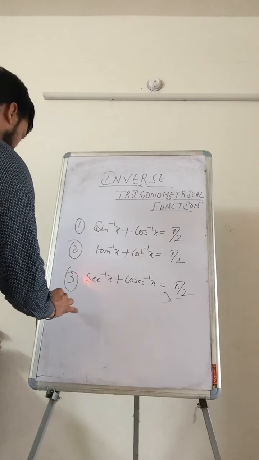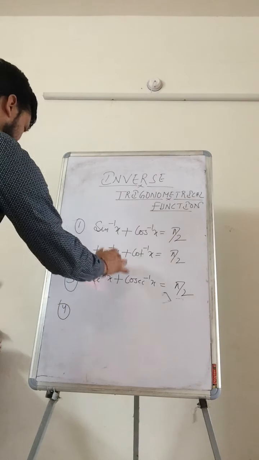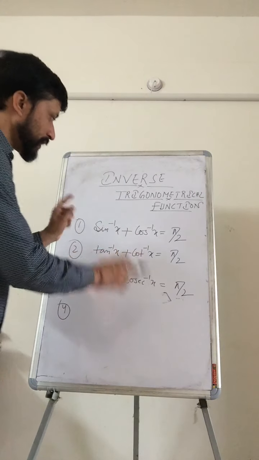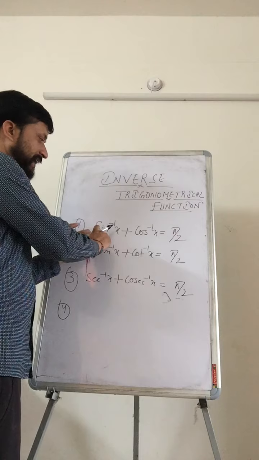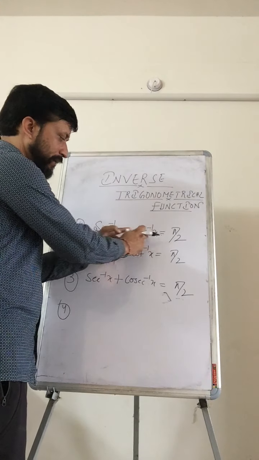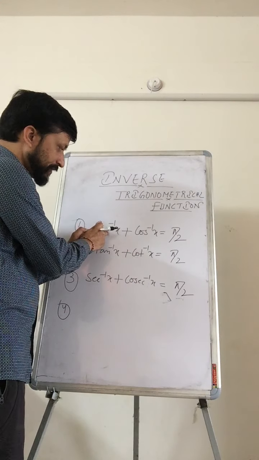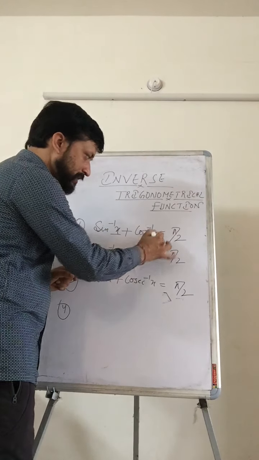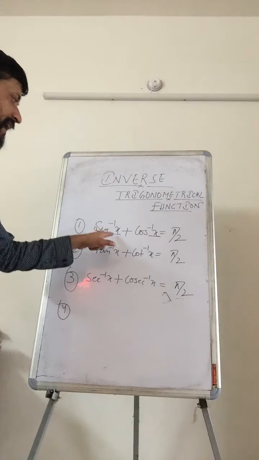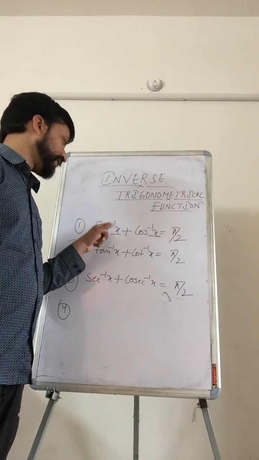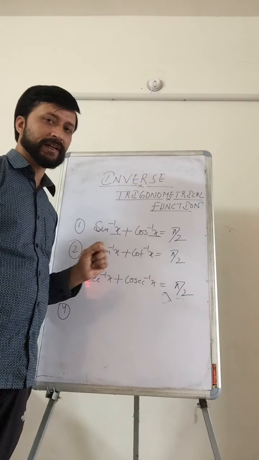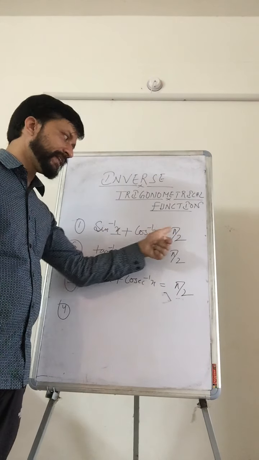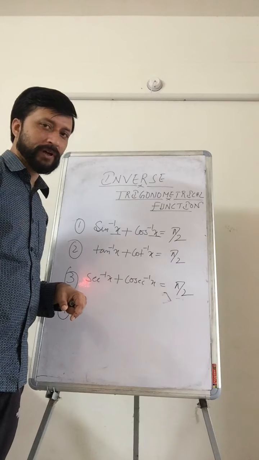And the fourth formula, when it is given in terms of the same ratio, here, different ratios, please don't be confused. While writing sin inverse, don't write cos or sec. It is a combination of sin inverse and cos inverse, but in both cases the angle must be the same. If it is x, then it has to be x. If it is 30 degrees, then it has to be 30 degrees, then only you can write it is pi by 2. If there is a variation in the angle, then this may not come.